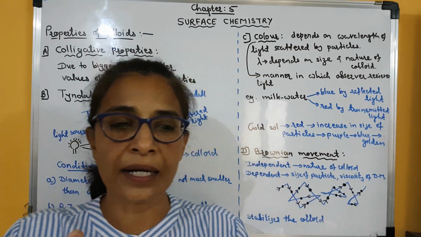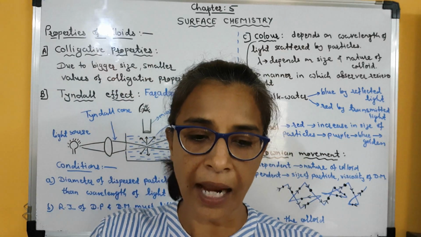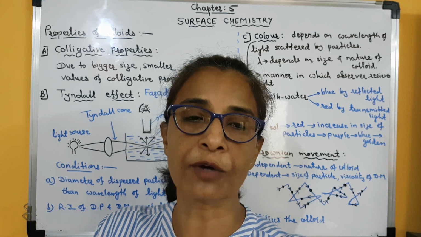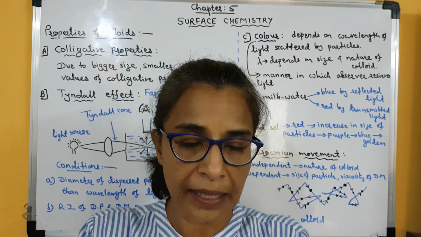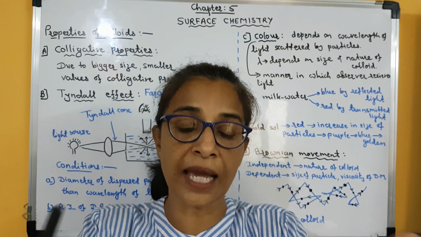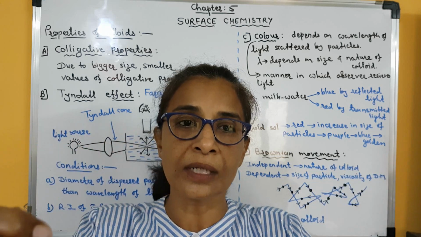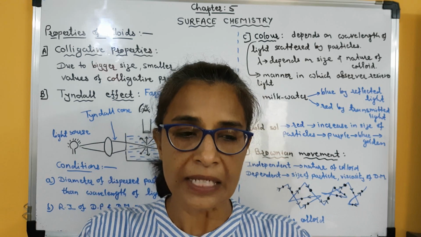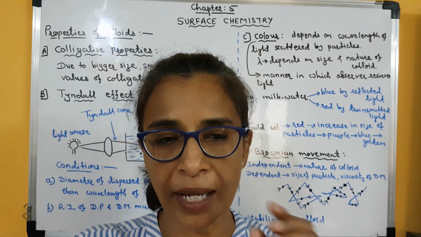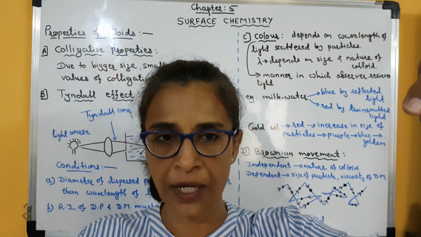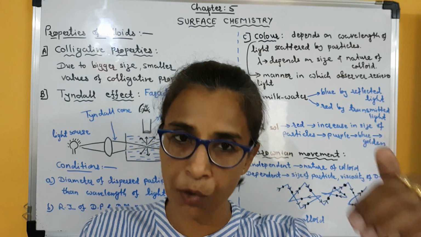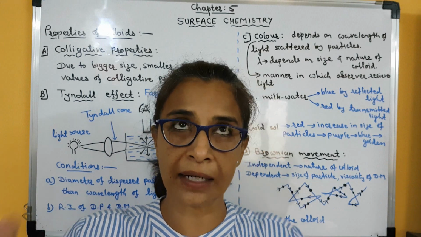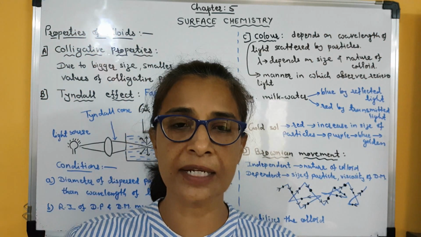Similarly, when we are driving our vehicle in the night and we have our headlight on, you can see that in front of the headlight there is a beam of light, and in that beam of light small insects or dust particles are observed, so they can scatter the light. Similarly, if there is a dark room and a small hole in the roof, and sunlight is coming through that hole, then though the whole room is dark, only that path of light gets illuminated.